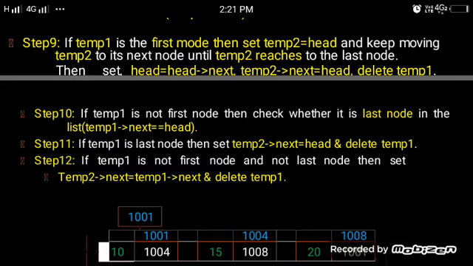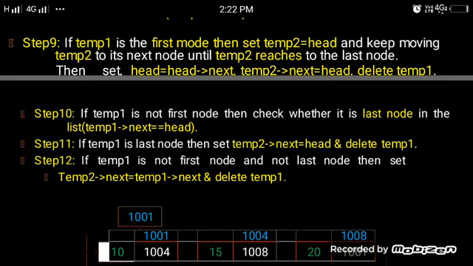In this case, if temp is not the first node, then check whether it is the last node or not. You have to check that first. In this list, temp's next is equal to head.